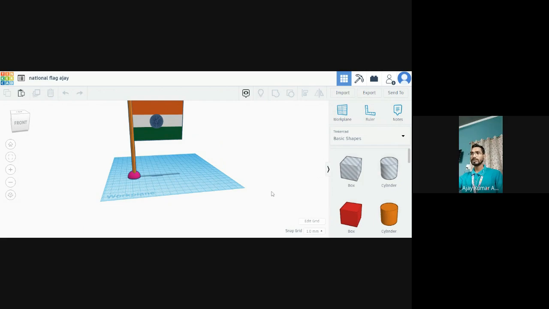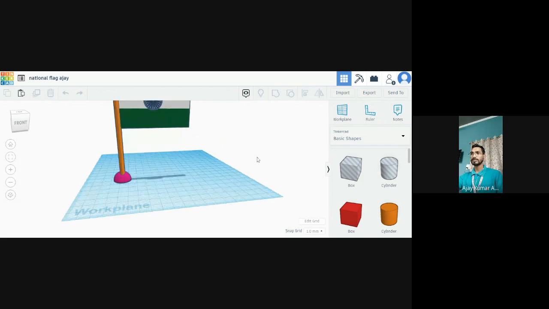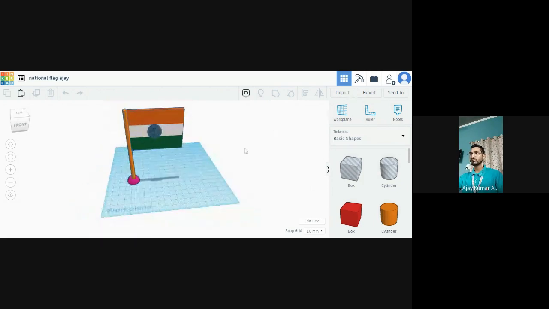Clear, students? You can also use the collaboration option with other students. So this is the option here: invite people to design with you. You can invite your friends or colleagues, so that two or three of you can design a diagram or 3D model with each other. So you can design together too, if not individually.